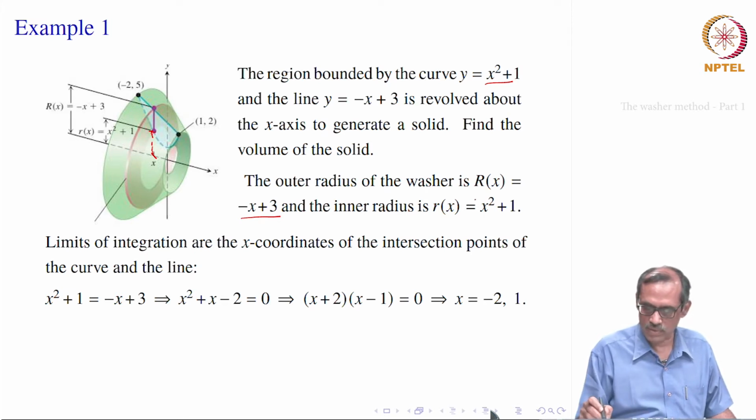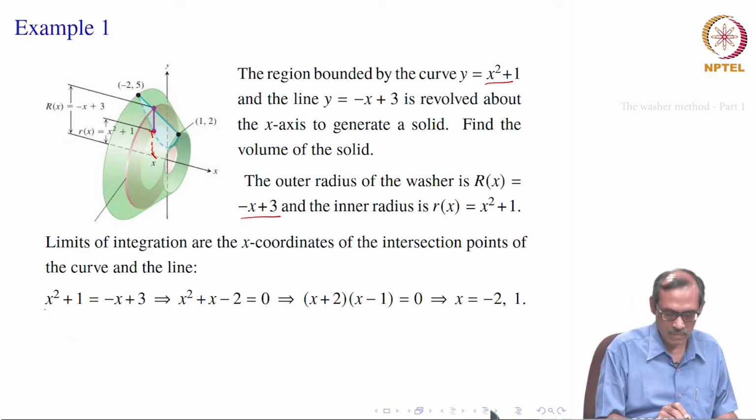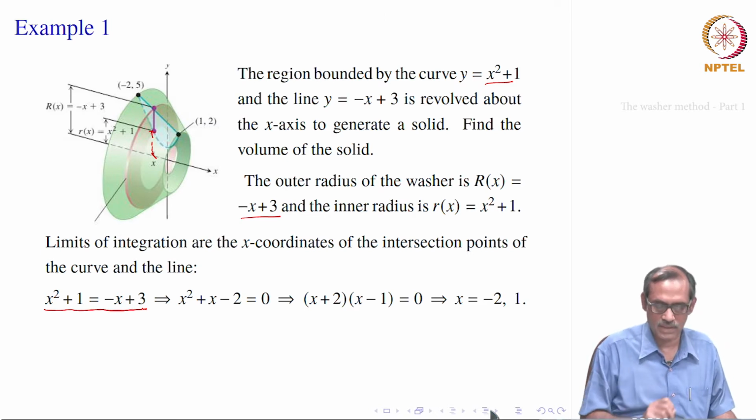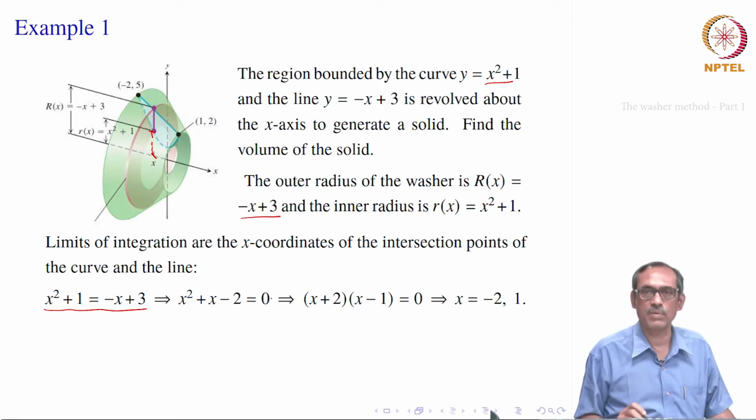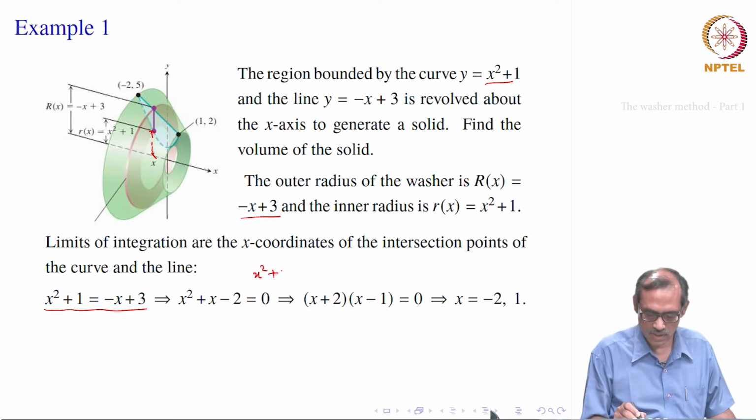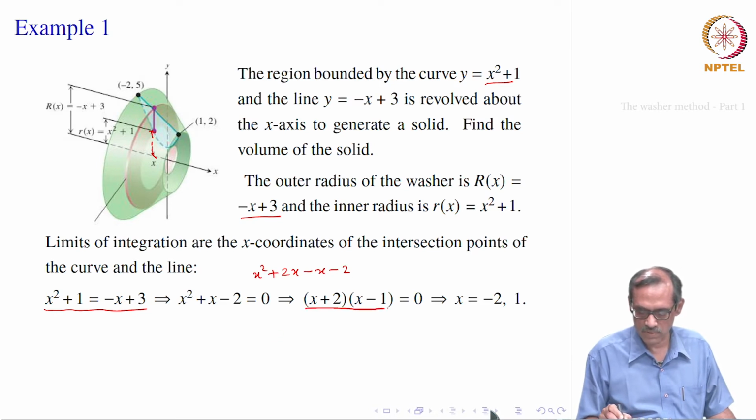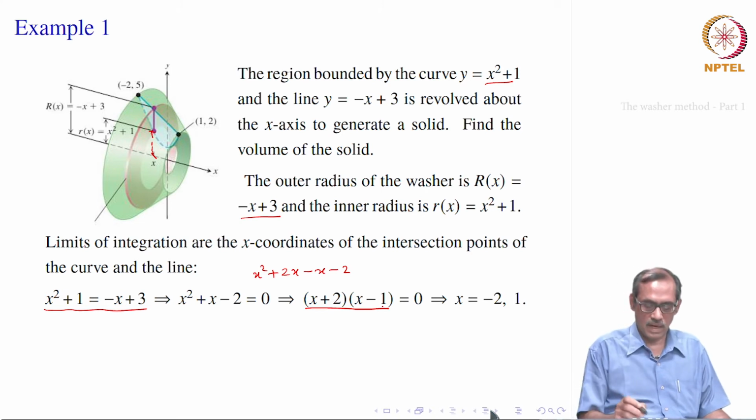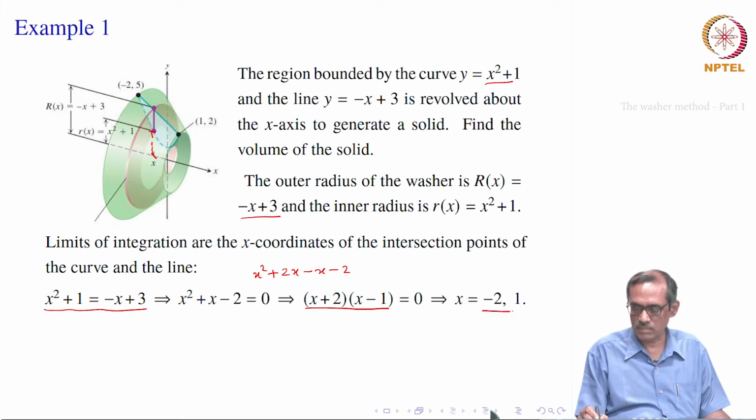So, we have y equal to x square plus 1 and y equal to minus x plus 3, we find their points of intersection. So, eliminating y, we equate x square plus 1 equal to minus x plus 3, that gives you x square plus x minus 2 equal to 0. And we can factorize it, that is x square plus 2x minus x minus 2. So, that gives you x times x plus 2, minus 1 times x plus 2. So, it is x plus 2 times x minus 1, and that is to be set to 0 to find the points of intersection. So, that gives you 2 points, minus 2 and 1.